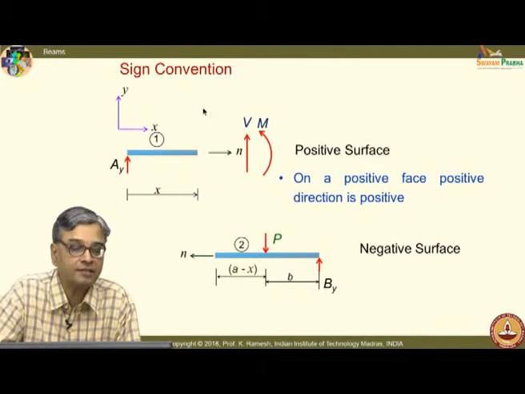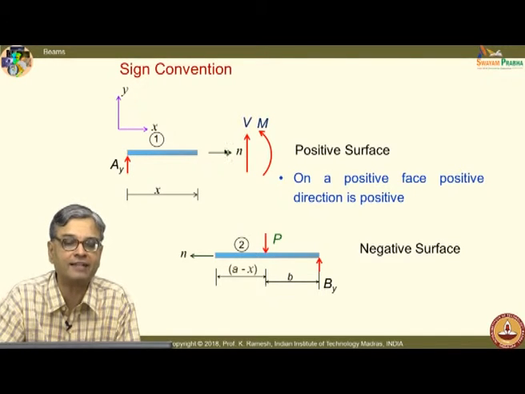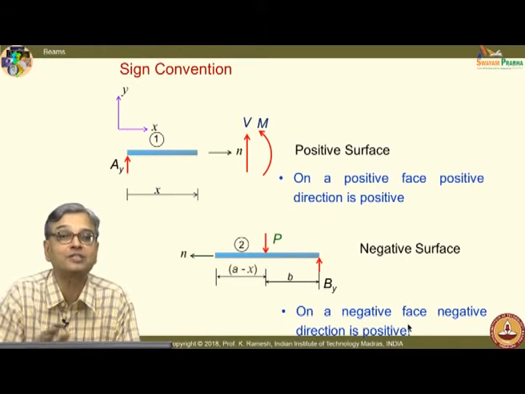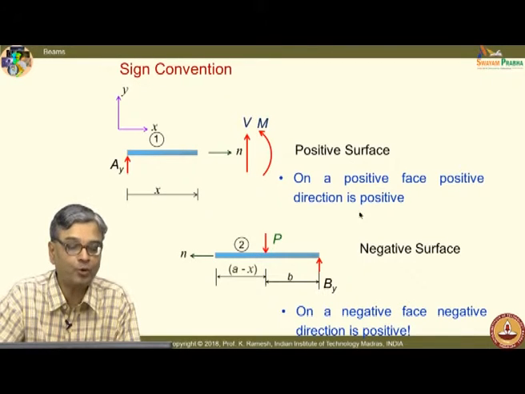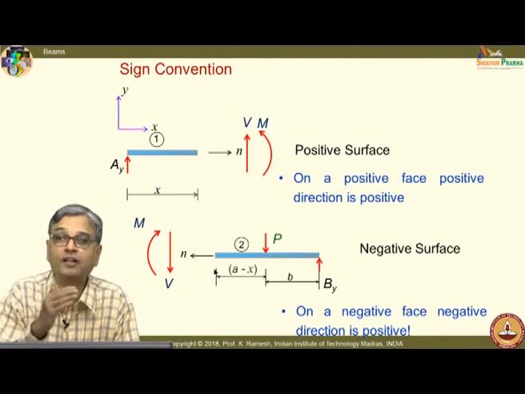After putting this, when I want to analyze the free body, I will go with the standard approach. I have the coordinate axis, I verify with this. No confusion comes when you are handling this. On the other hand, when I want to analyze a negative surface, you have to follow the convention that the negative direction is positive. Two negatives make a positive. So, I would put the unknown force in the negative direction and the unknown moment as clockwise. So, you have to follow a convention.